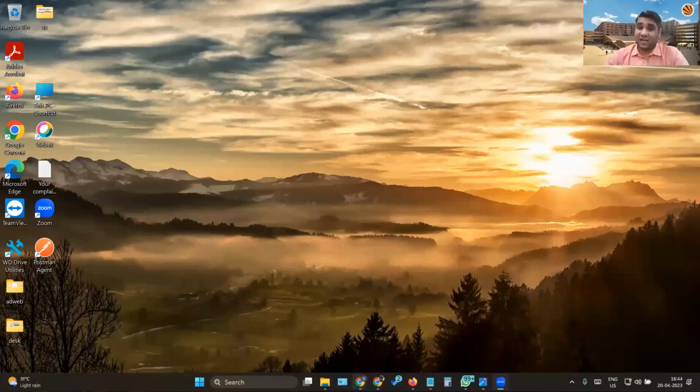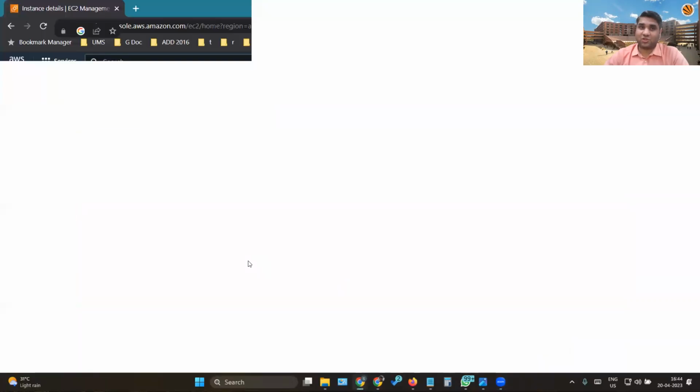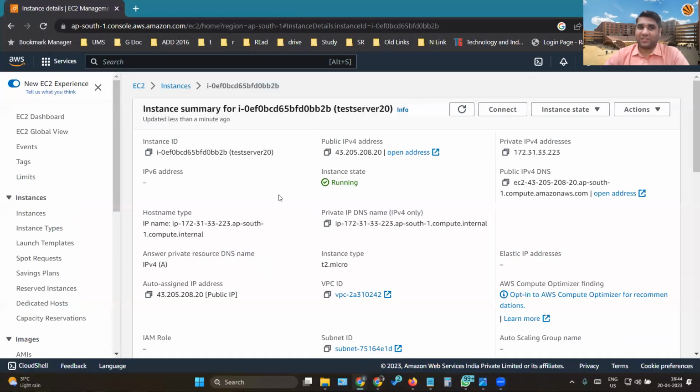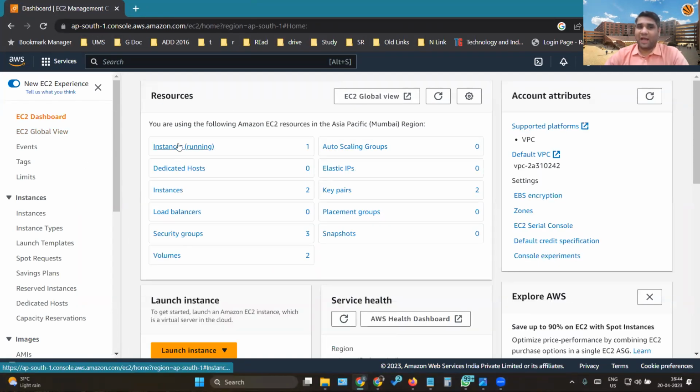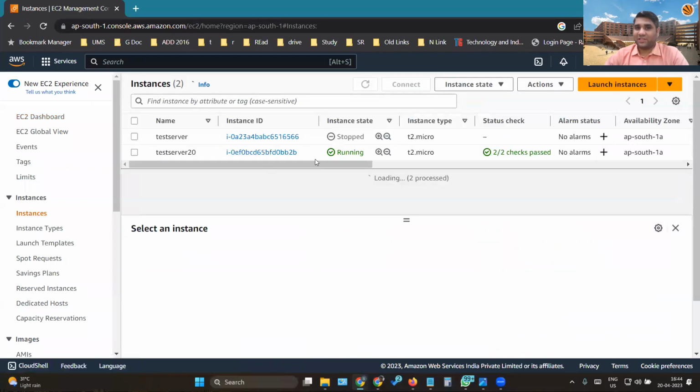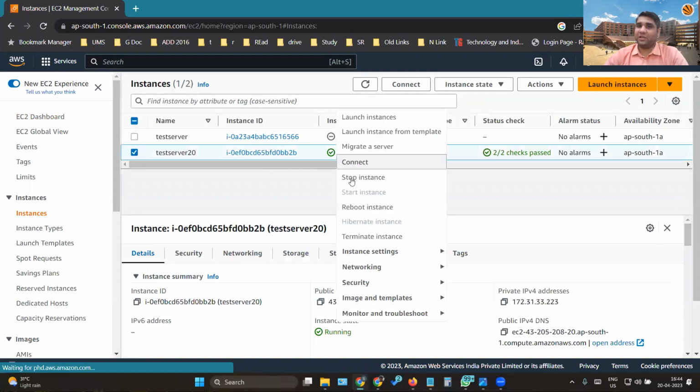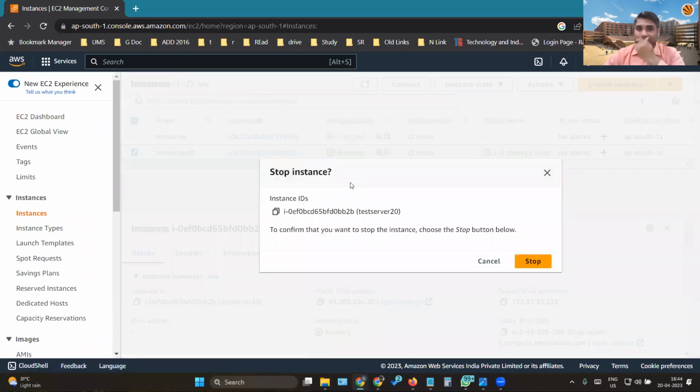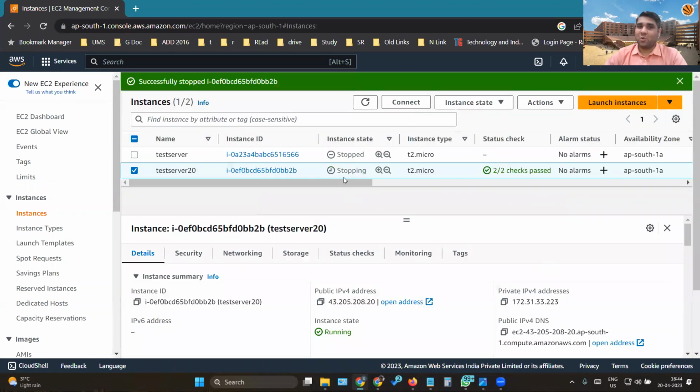And a word of advice, I'll share my screen again, because you have asked a good question. If you're using free tier, there is a chance that you might be charged. So whenever you are done with the service, you need to stop that service. Look at this dashboard. I have instances total 2 but running. So I'll go back to this instance which was running and simply stop the instance, and it will give me a prompt. I'll just go and stop it. Once it is stopped, you are not charged for it.